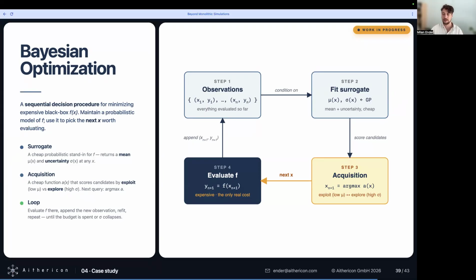In this case, we did some simulations, and based on these past observations, we built a surrogate model that tries to interpolate the physics, the dynamics of the system in a crude way. And it also gives us a score of uncertainty for a given set of parameters. So near known data points, we have low uncertainty, and the farther away we are, in the unknown, in parameters we have not tried yet, the higher the uncertainty gets.